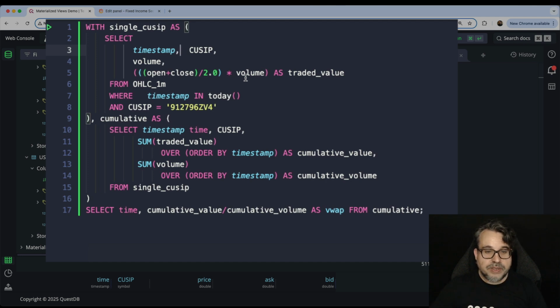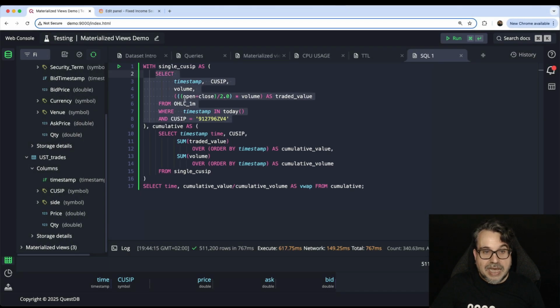So what you can do is what we are doing here. I'm running a query on top of my materialized data. In this case, we saw the original table had 250 million rows and the materialized table had only 1 million rows. So we are querying over a much smaller table. We are filtering for today and for a QSIP, so we are only reading a few rows. And on top of that data from the raw table, I'm going to be running the window function.